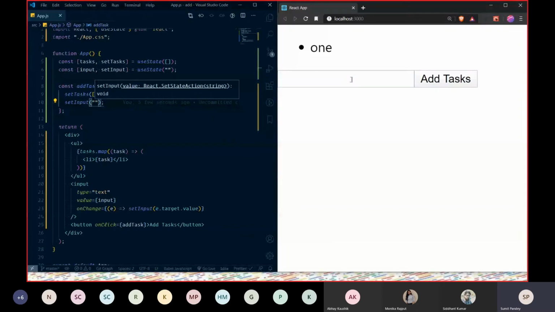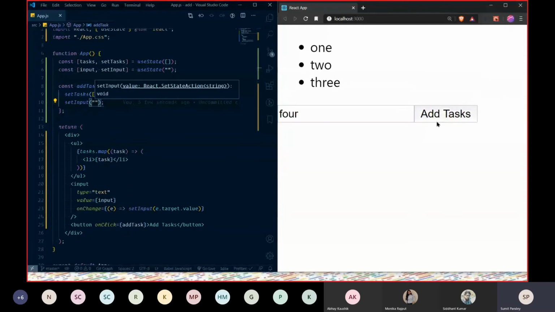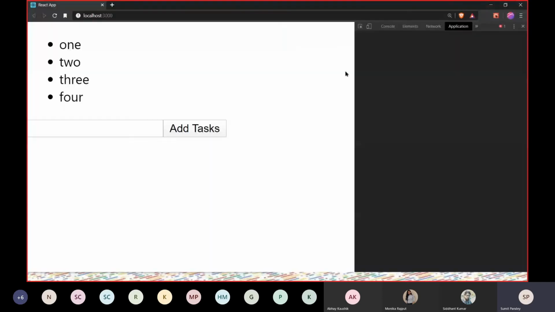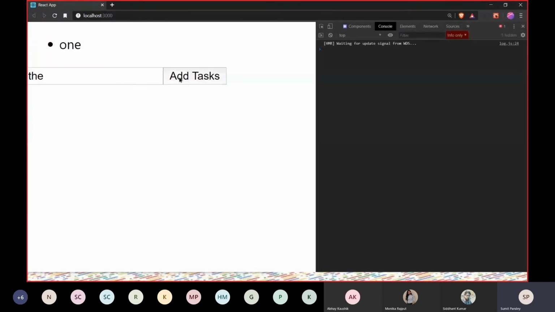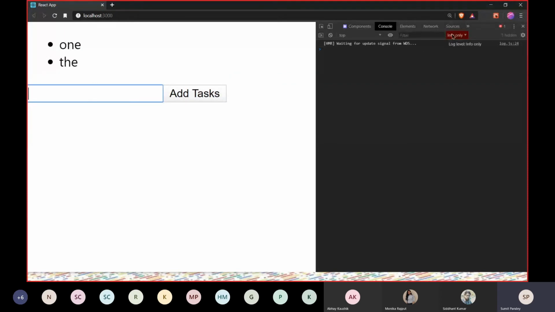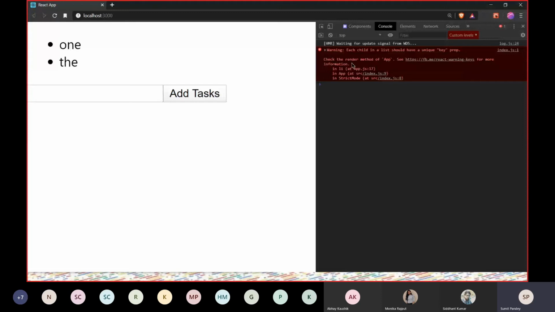And again. Yeah, so if I go to our console, inside this console we can see an error. I don't know why it's not yelling at me, but okay, I have it there. Yeah, you guys can see. Can you guys see this error? Warning: each child in the list should have a unique key prop. Can you guys see that?